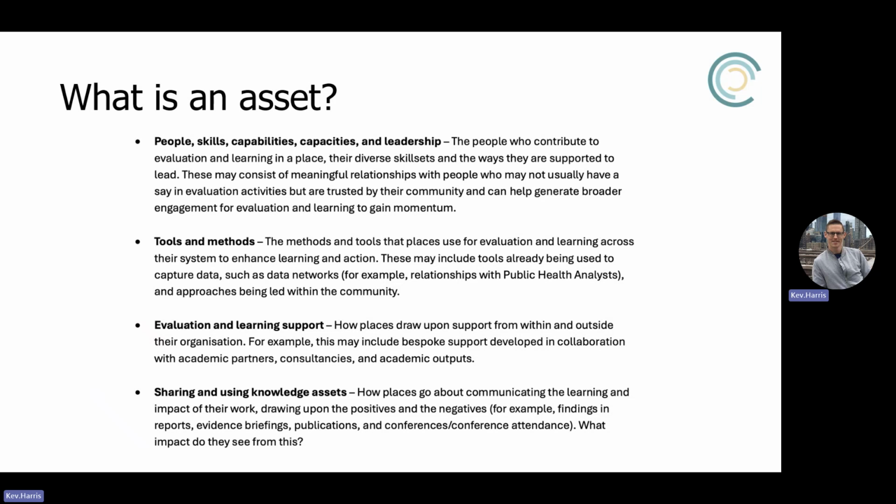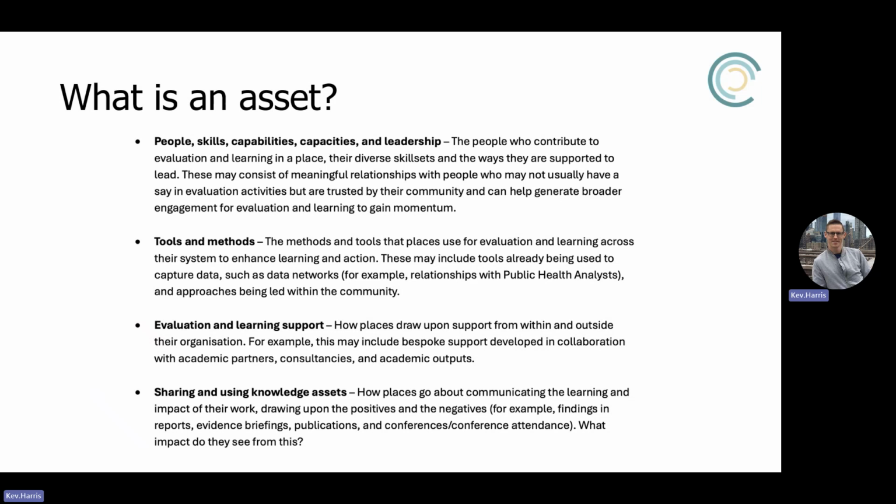And the point around linking with people is that idea of community involvement in evaluation, equitable evaluation, thinking about how can we make evaluation everyone's business, and how are places going about mobilizing that, and what tools are they bringing into the mix to do so.